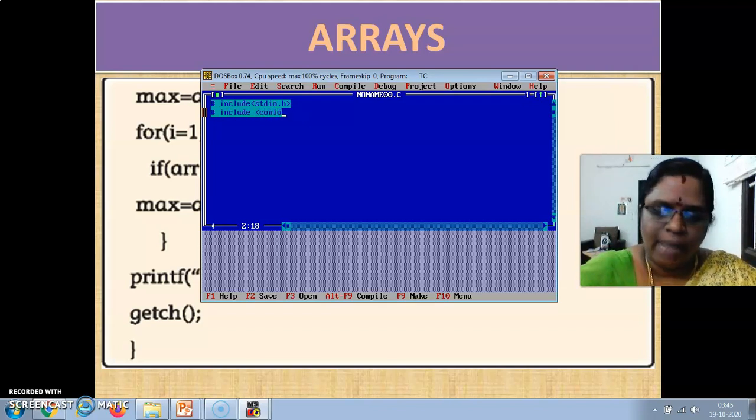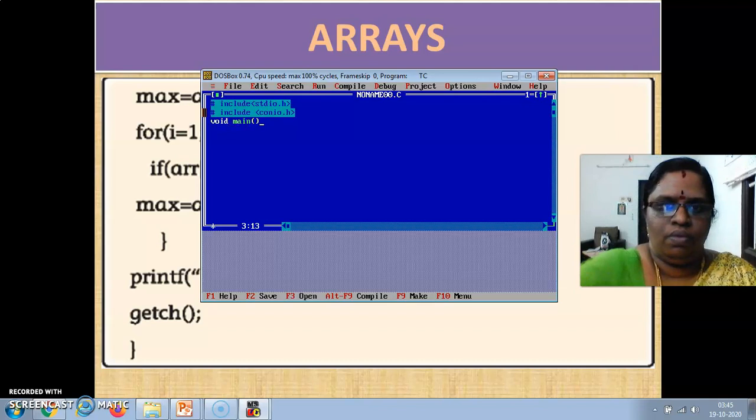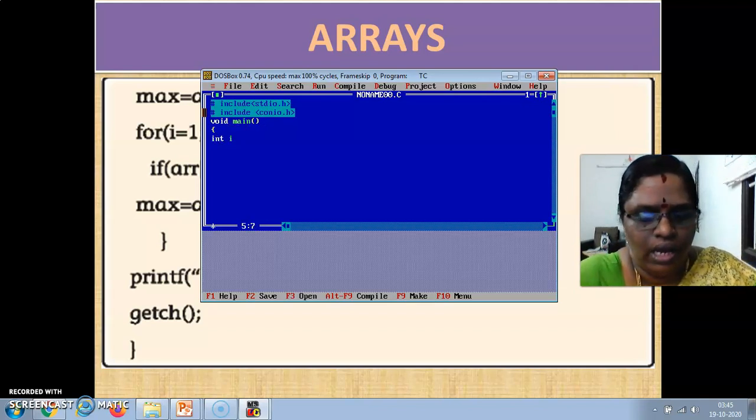Project time I will give in the PowerPoint presentation. So void main, int i, array[31] because it is January, the maximum. These are all the integer elements.